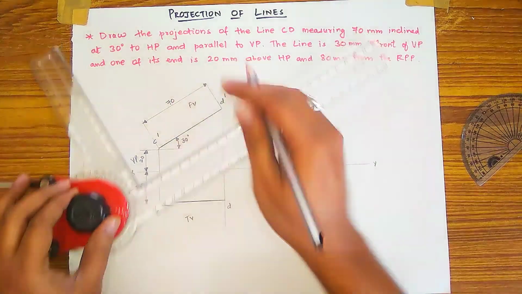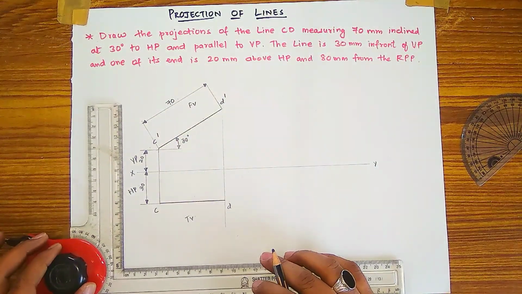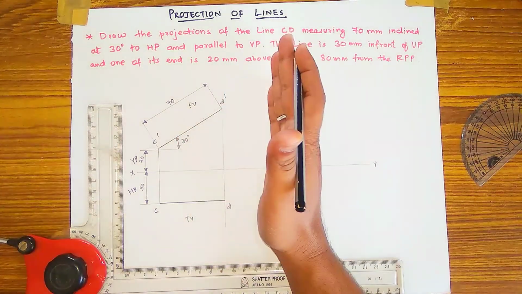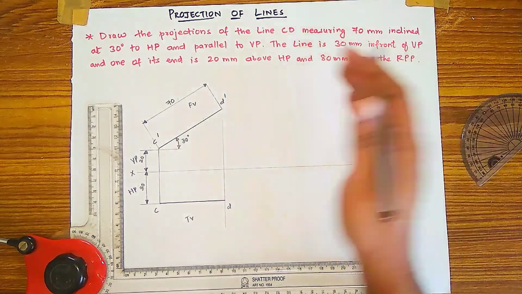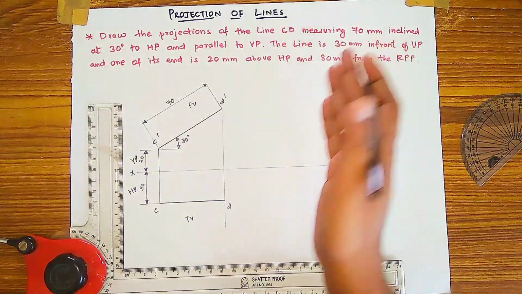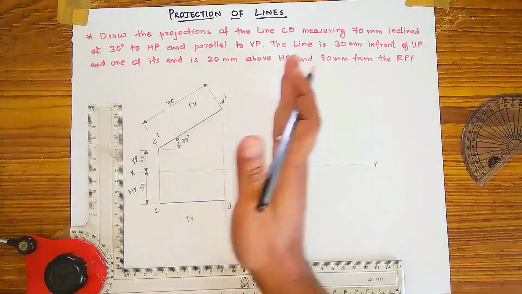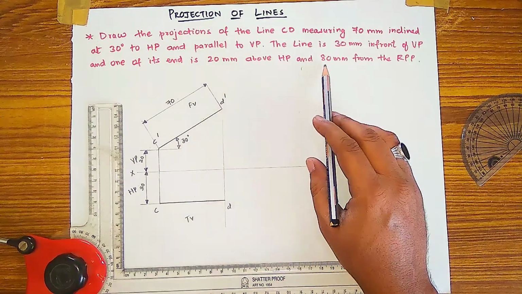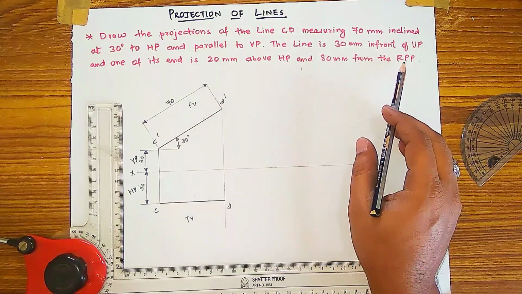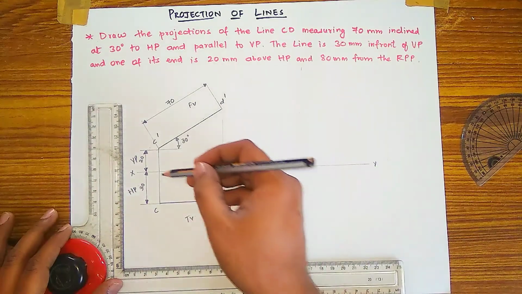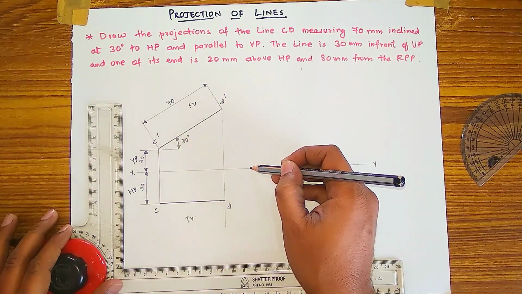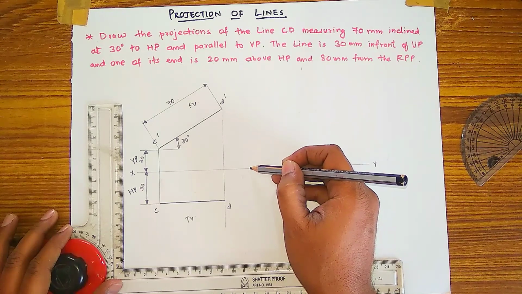So according to this line, draw an extension line perpendicularly to show the dimension, dimensioning line, arrow marks, and this is of 70 mm. Then after drawing this, to this projector you have a right profile plane as said in the question. So in the question he will give you the distance of the right profile plane here. So how much distance did he give you? 80 mm from the right profile plane. Means you have to take from this point. From here you have to take the right profile plane distance 80 mm.